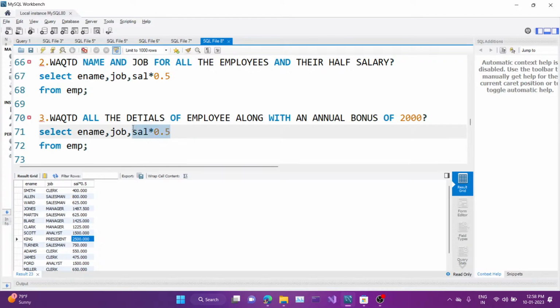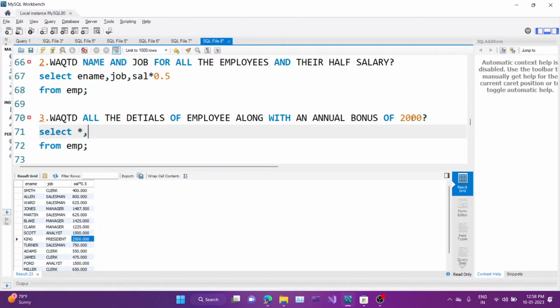For all details, we have to put an asterisk. Asterisk means star. Select star from EMP. This was the basic, and we want one additional column,